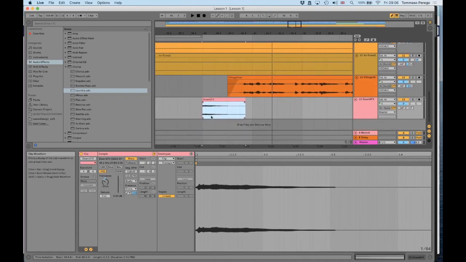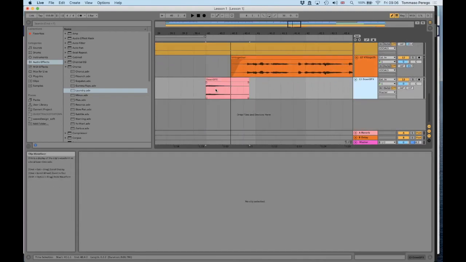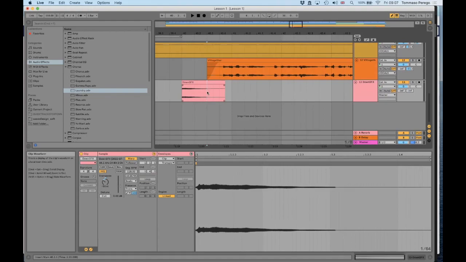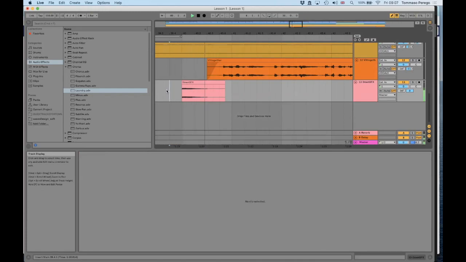In the moment, I want to add quite an amount of delay into this. And don't forget, we had our mixer sends, which are represented in this view by A and B. My B was the delay, so I want to try this one. And if I solo,